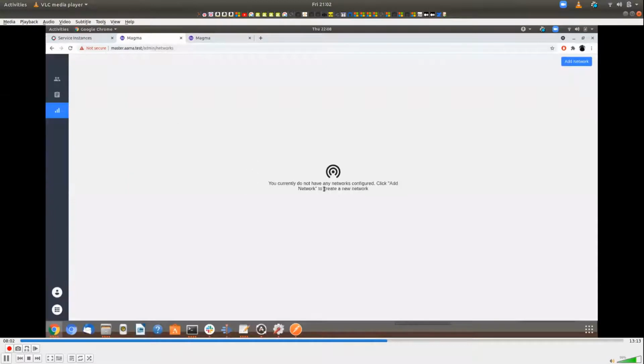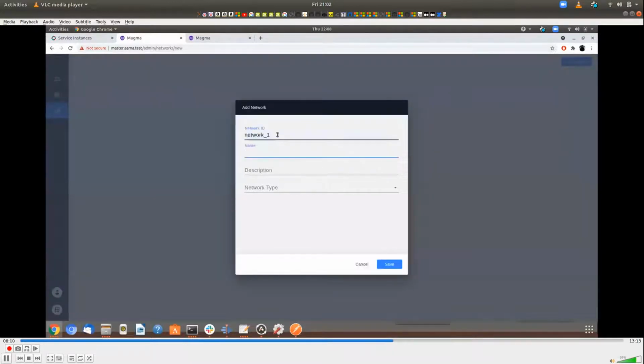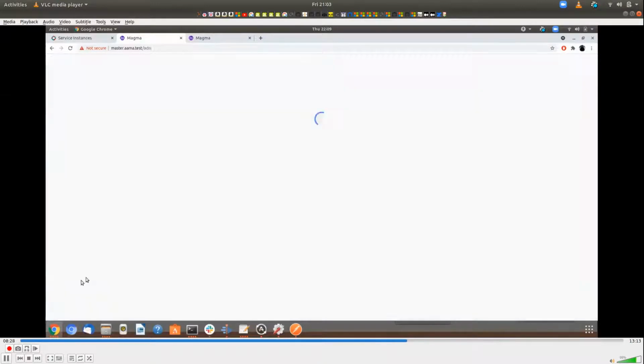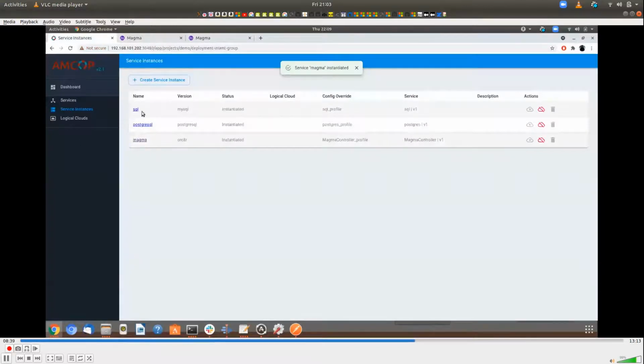So if you see, we do not have any network configured. So we are starting with a blank slate. So we'll add a network first, network_1. And we are going to be using network type LTE. However, we do not have any access gateway yet. So we will begin with the access gateway creation as